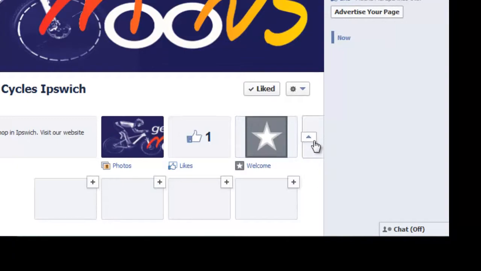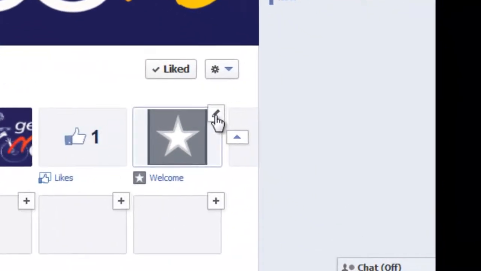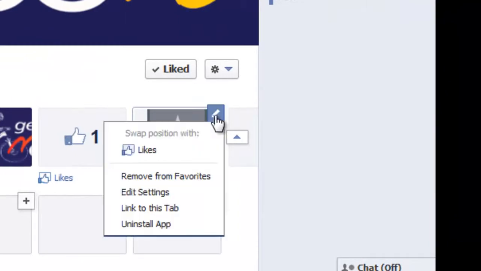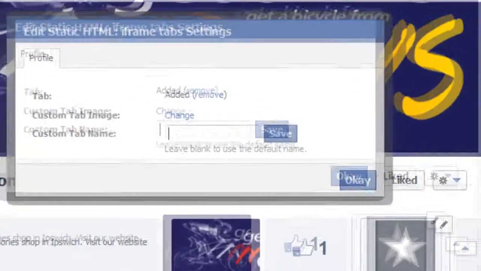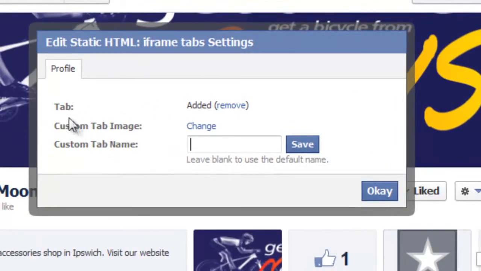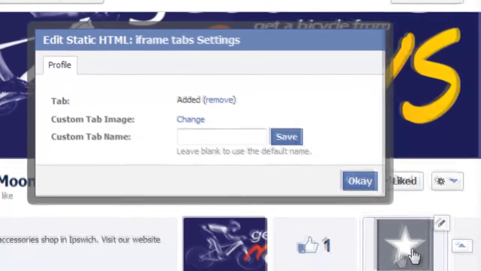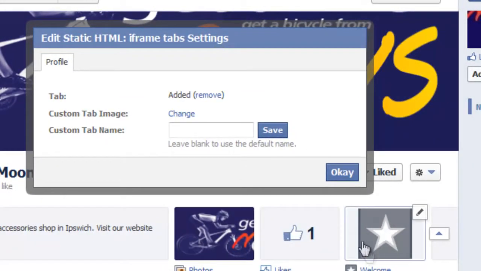Okay, so when you go ahead and put this arrow down like this and you go to the top right, you'll see a sort of pencil that shines up here, and this says edit settings. Okay, so we want to go ahead and edit the settings, and something comes up saying tab, custom tab image. You see that? So that basically allows us to change from this star and put something else in place. So what we do is we go to change